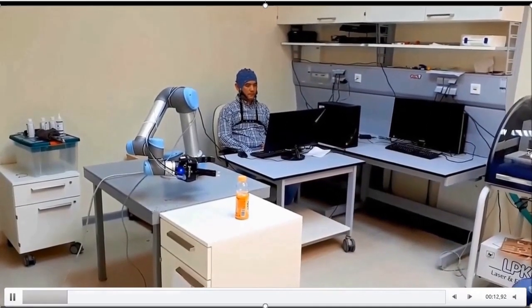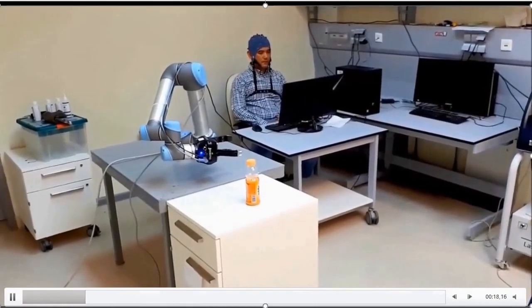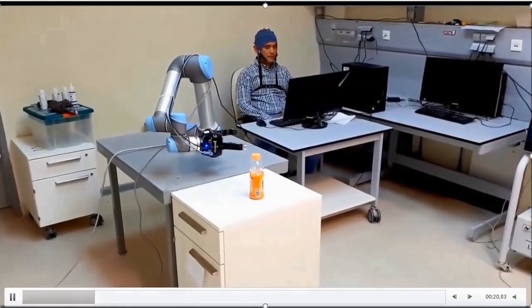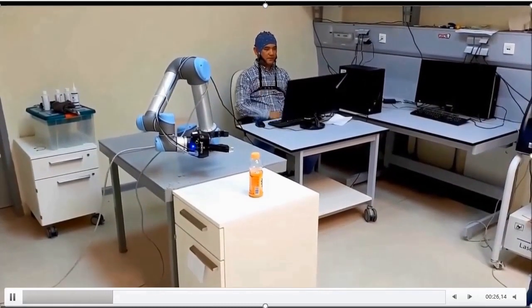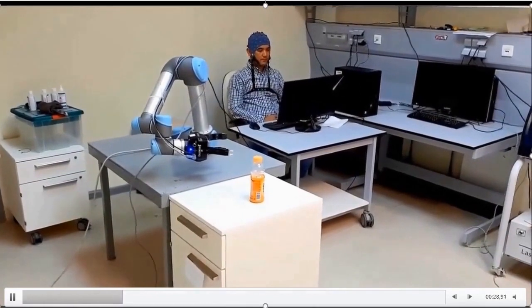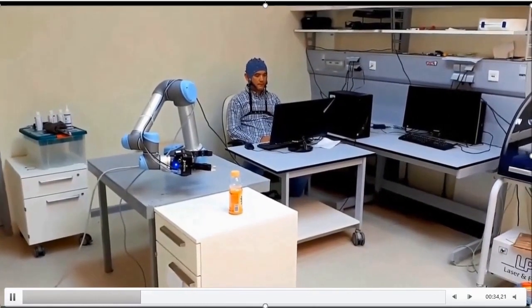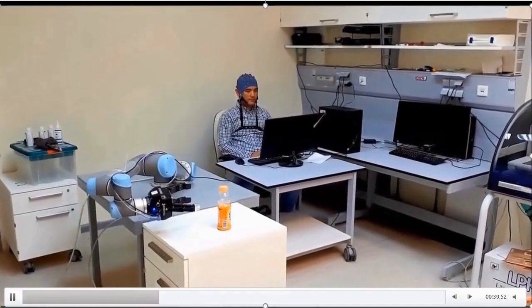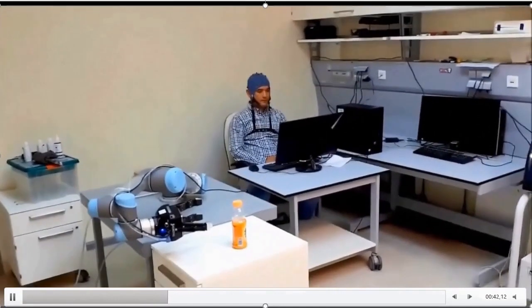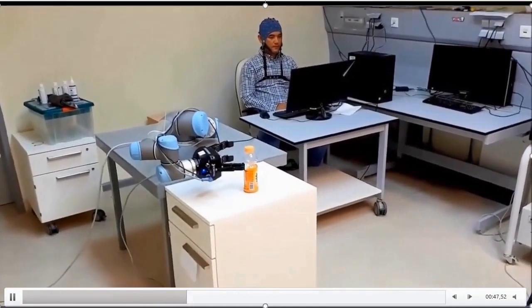One of the things I want to mention here is that non-invasive brain-machine interface systems, or brain-computer interface systems, are less accurate and much slower than invasive brain-machine interfaces, as you can see here. However, they represent one of the safest interfaces we can develop to assist people who may need such technology.